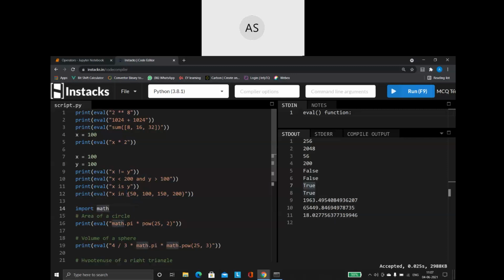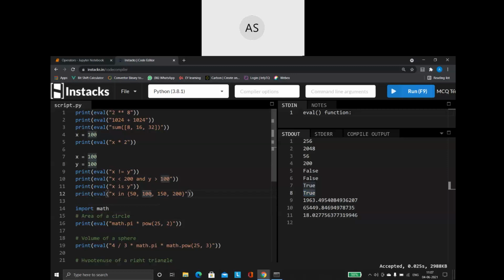So this is a set. I want to know whether the value x, which is 100, is present inside this set or not. How to do that? I will say x, which is nothing but the value I want to search for, in this set. If it is there, it is going to say true. If it is not there, it is going to say false. Since the variable value is 100 and the set is also having an element called 100, it is giving me the result as true.